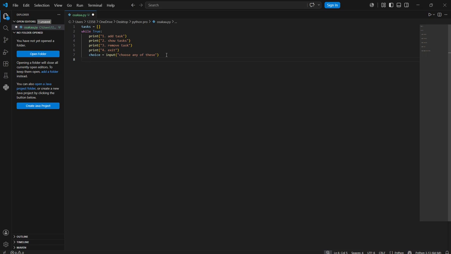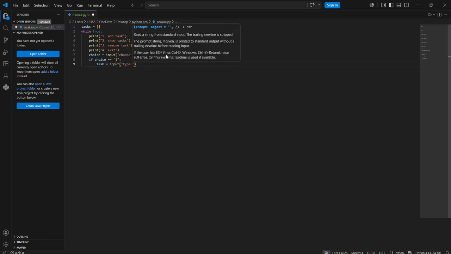So okay, this takes input from the user, and then we make a condition inside the system. If choice equals 1, I mean the user prefers option one, the user wants to add a task first. If choice equals 1, then the first thing Python would do is take input from the user. So task equals, a variable, input, type